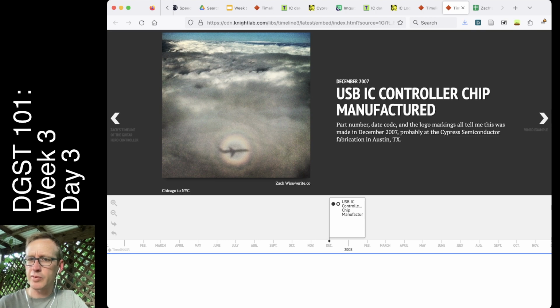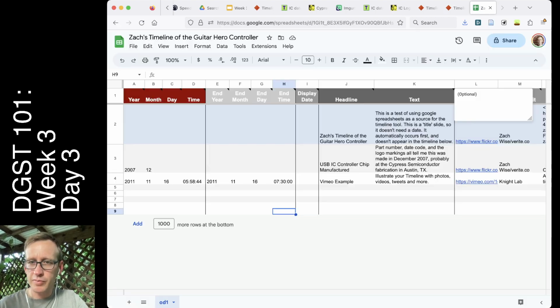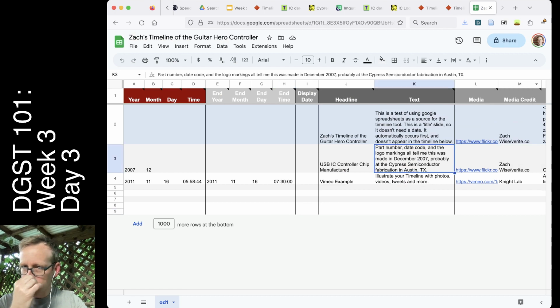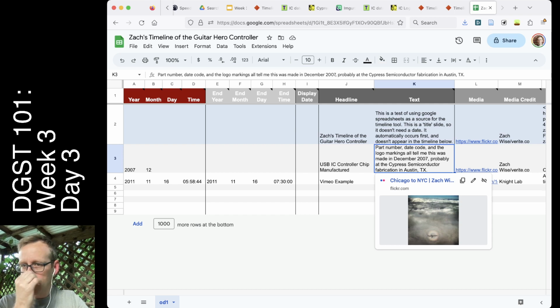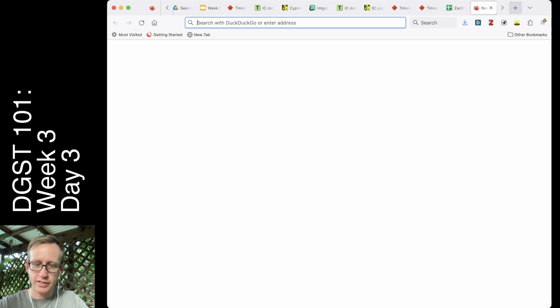It looks like I could probably write a little bit more here. So, I have room to do that anyway. So I could add a bit more to this text column. But I do want to put some media here. I want to have like a picture of this or something else. And so let me just see if I can find a location for this, because this is always kind of